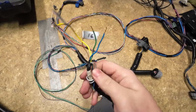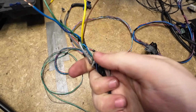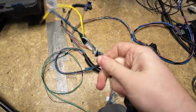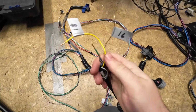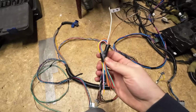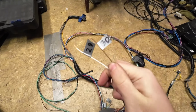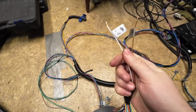At the end of the loom here, you can see we have 2 sets of CAN lines. So we have our high-low here, and then we have one here, high-low as well. Since there's duplicates, we just pinned one down. But yeah, so there's pins 16 and 18, and then over here on this one, it went to the original connector that went to the full wiring harness, and that's pins 29 and 30, and that's the proximity and charge